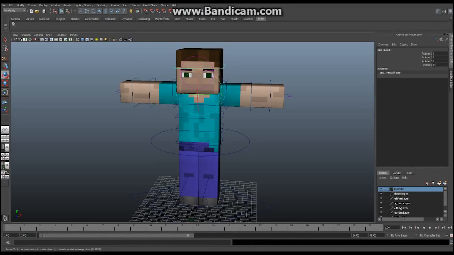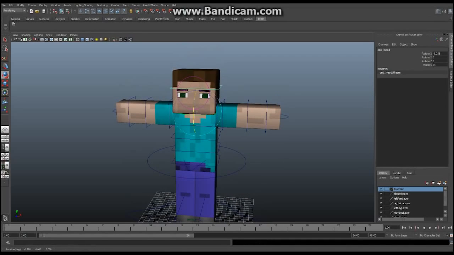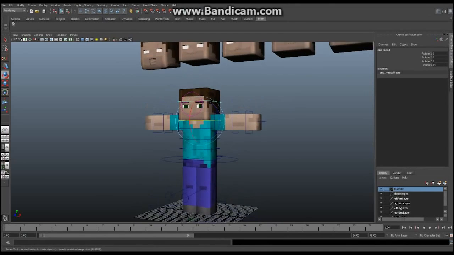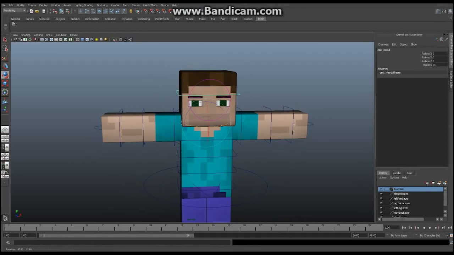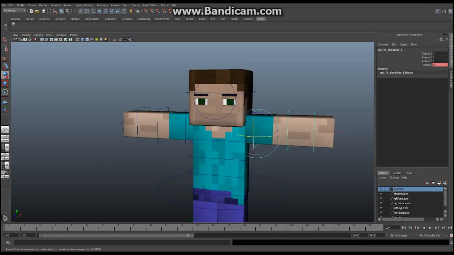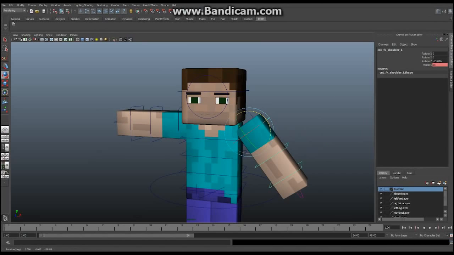We've got a simple FK head, no neck obviously, because this character has no neck. We are not doing any kind of follow system on this head. It's something that could be added fairly simply. I don't believe it's necessary for the kind of animation I'm going to be doing, so I'm not going to complicate the rig or this tutorial by doing follows, meaning that the head acts like an IK and it'll stay in place. I did, however, add both FK and IK arms, so we've got ourselves FK arms here,